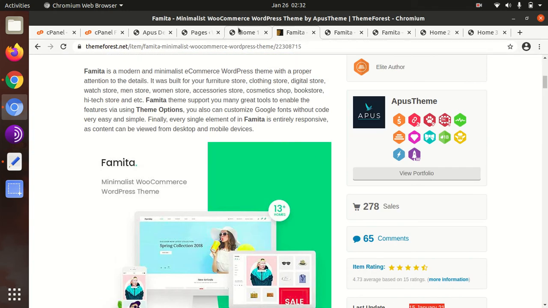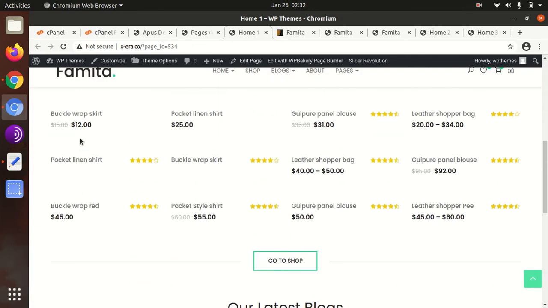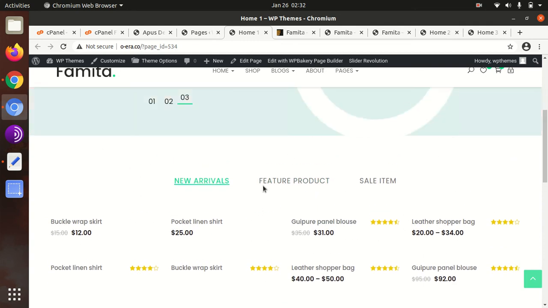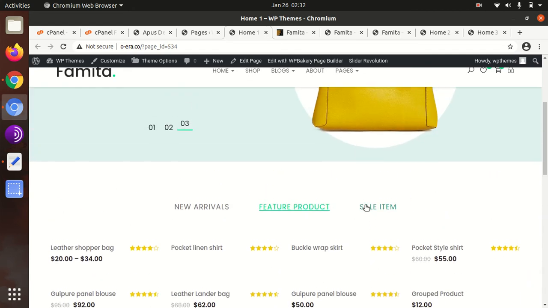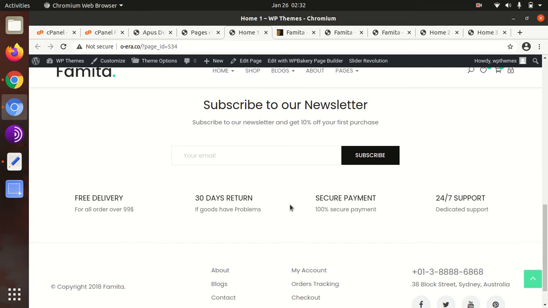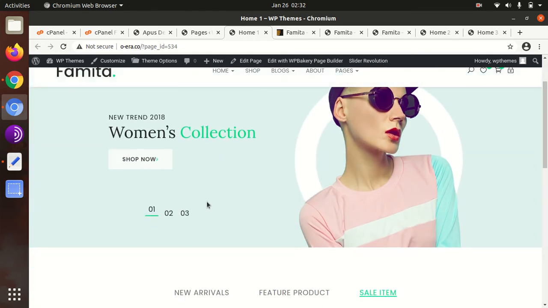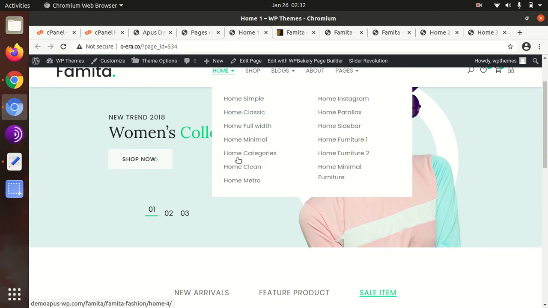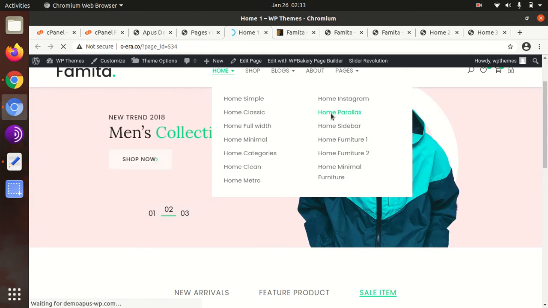So we have completed the installation, and as is seen in the other WordPress themes, they don't provide the product images, and that is actually not required. After all, we are going to use our own image and the website is ready. Product images are not given in the demo, this is why it is not being displayed here, and the rest of things are fine. So slider images were available, and this is the number of home pages what we got in the demo. Let us check randomly,